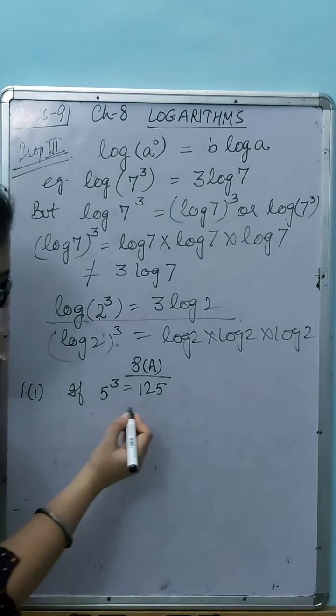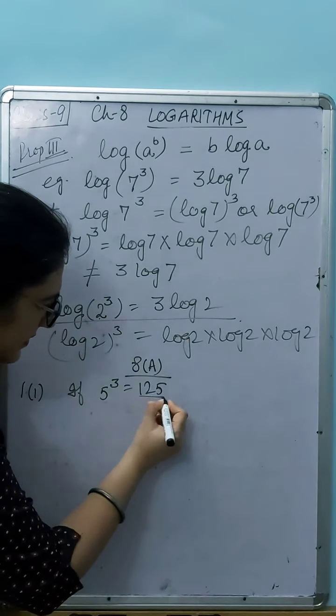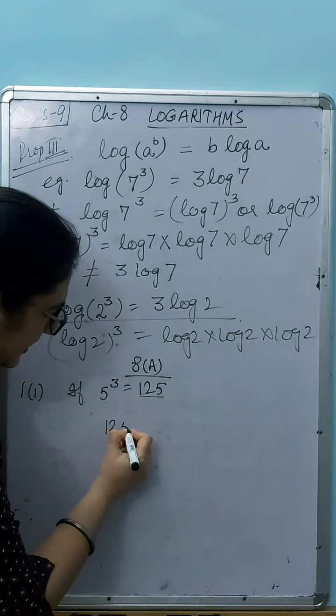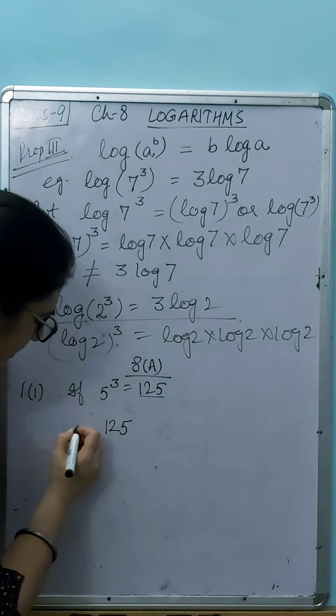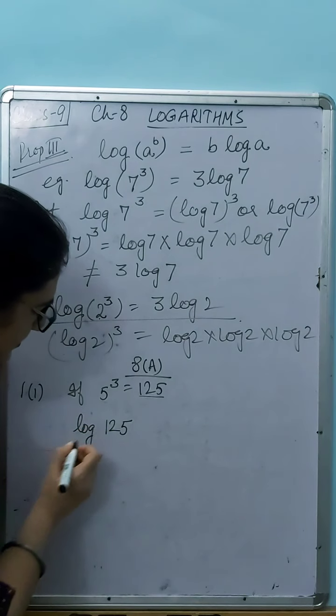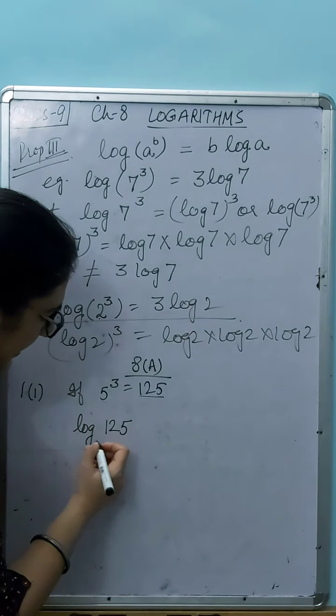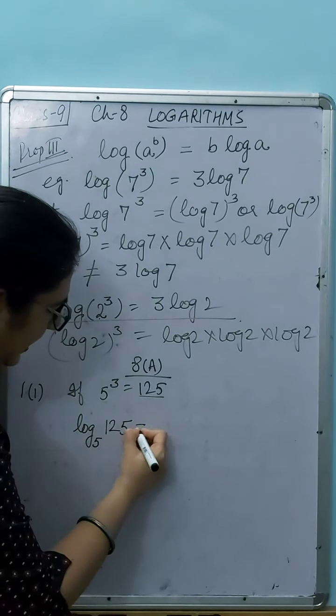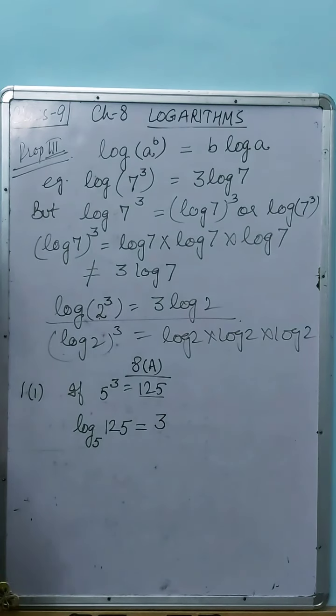So it is simple, beta, log form. I told you to write this number directly on the left side, write down log with this, and here what is the base? 5, write the base over here, and the answer is 3. This is the answer. Second question, write in exponential form.